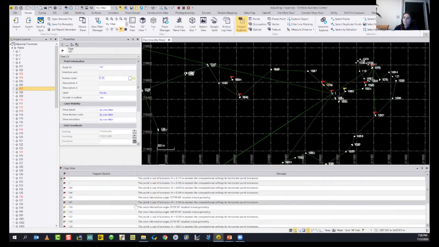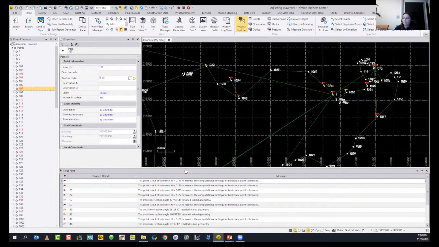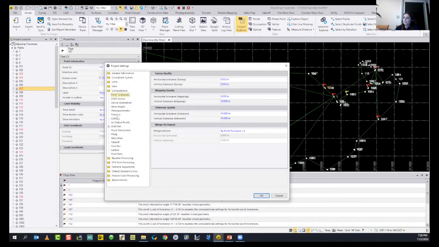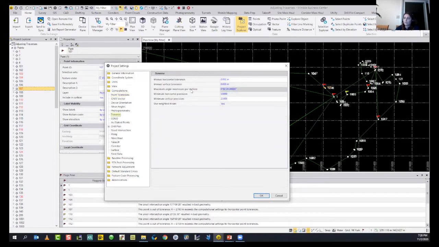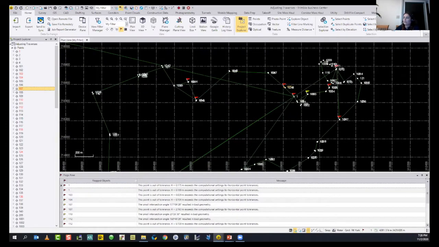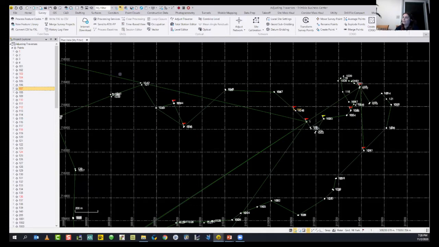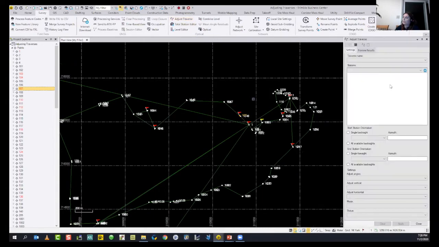After you decide your point tolerances and traverse settings, when you set the traverse settings over project settings in here, after you decide all the angle closure values and horizontal vertical tolerances, everything, you can go to the Survey tab, and under the Optical menu, you will see Adjust Traverse.